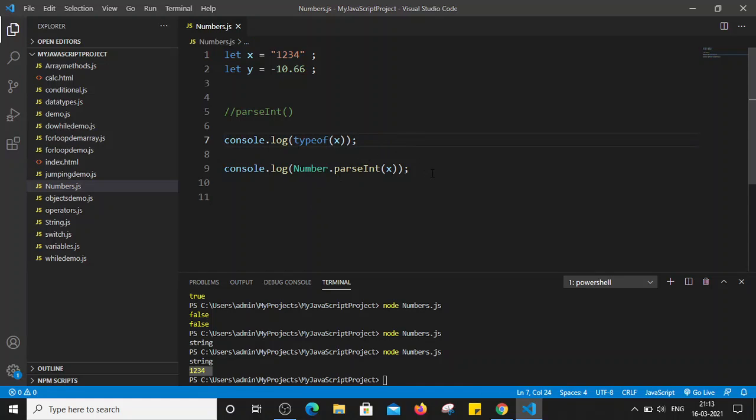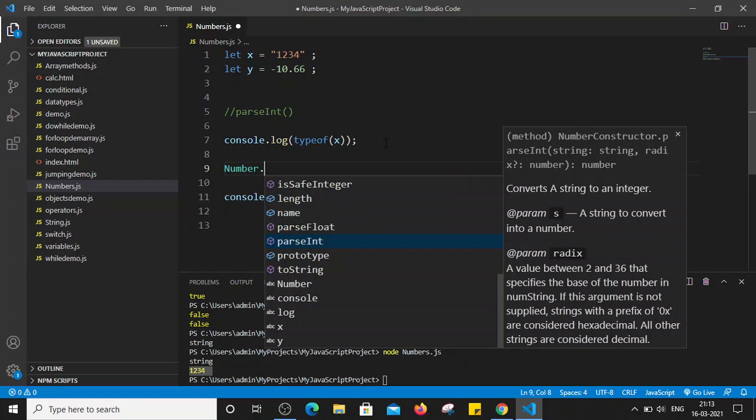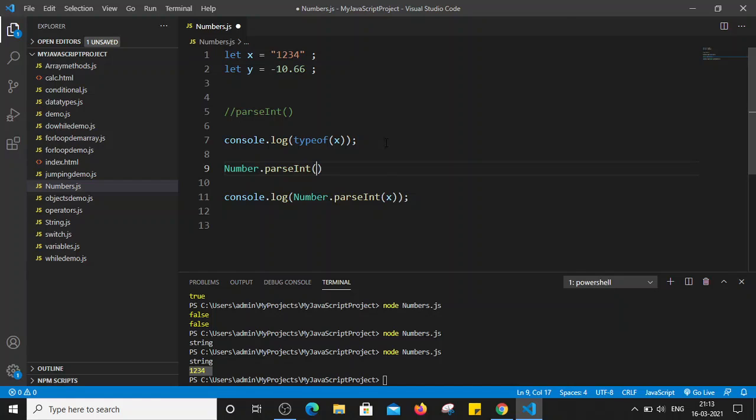So let's say Number.parseInt and x, and let's store that value in another variable.